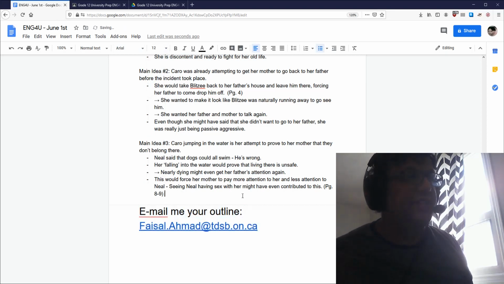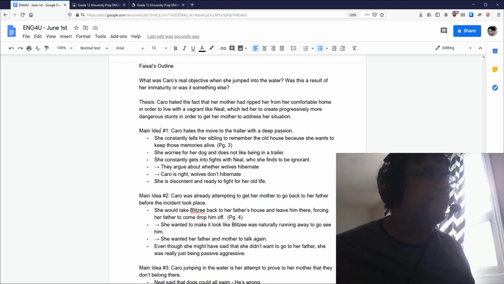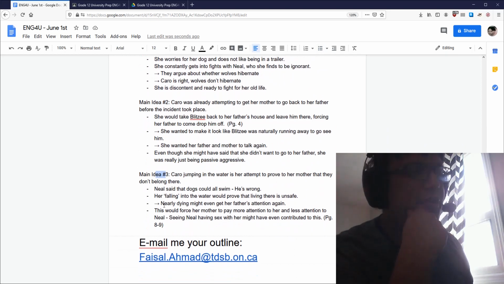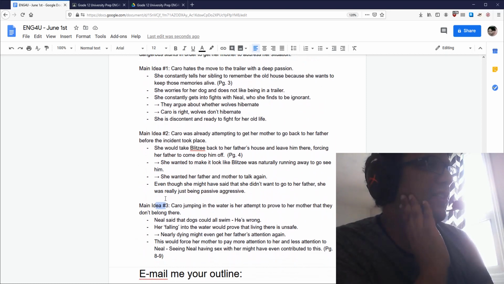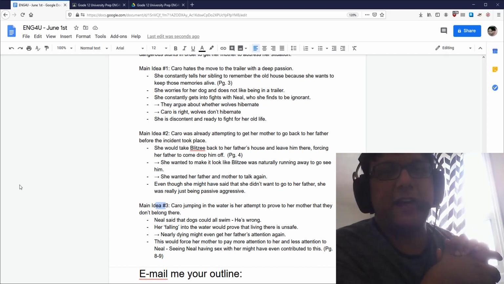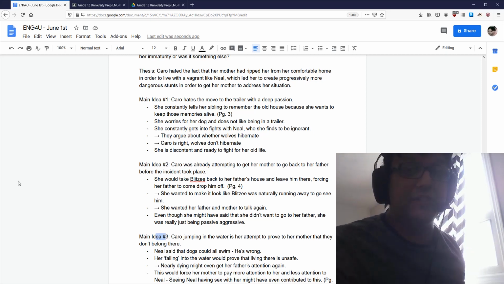Right? Send me one of these. An outline with your thesis on top and your three main ideas underneath, with 3 or 4 bullet points about what you're going to say in those paragraphs. Right? These aren't too hard to put together, and it's too bad I have to do this online, because usually what I try to do with my students is I literally will do this in front of you and show that it can be done in 10 minutes. Maybe I should have done this all on video after all. But yeah, you can do these in about 10 minutes, believe it or not.